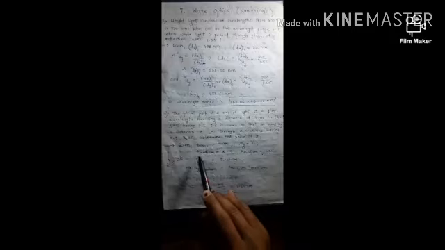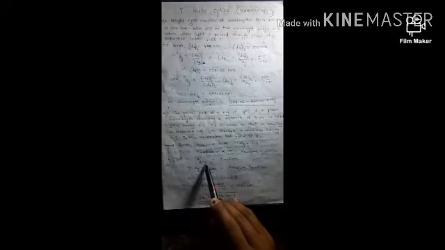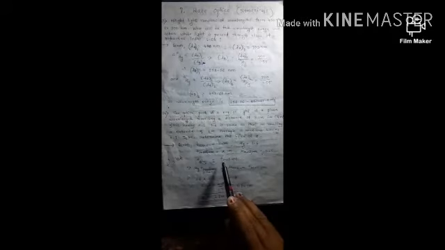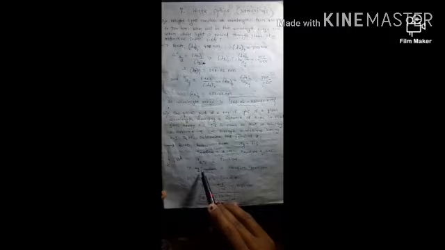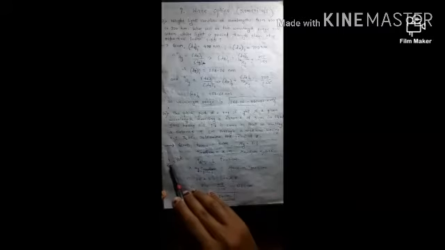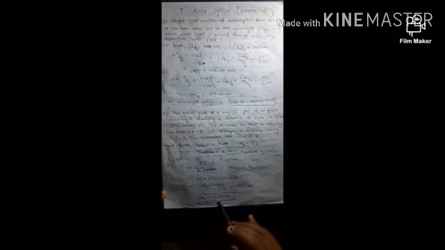So T dash is the symbol for the optical path. The optical path traveled by the light ray in a glass medium is equal to the optical path traveled by the light ray in the medium. So according to the definition of optical path, T dash is equal to mu times T. So refractive index of glass into distance traveled by the light ray in glass medium is equal to refractive index of a medium into distance traveled by the light ray in the medium. By using this equation, substitute the values and we'll get the answer as x equals 3.84 centimeter.